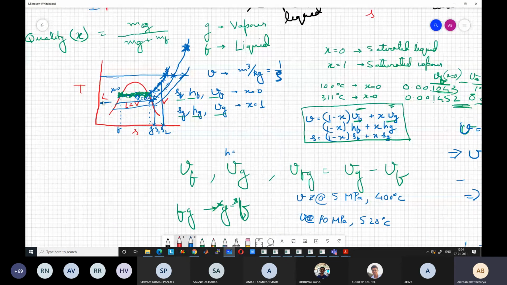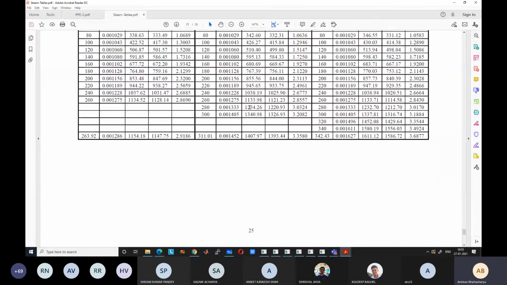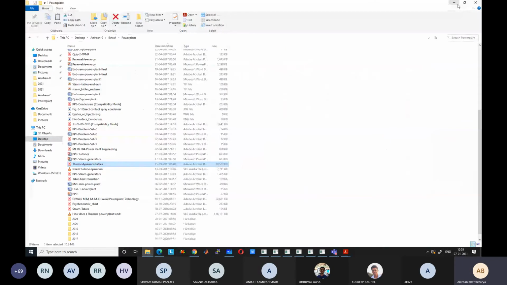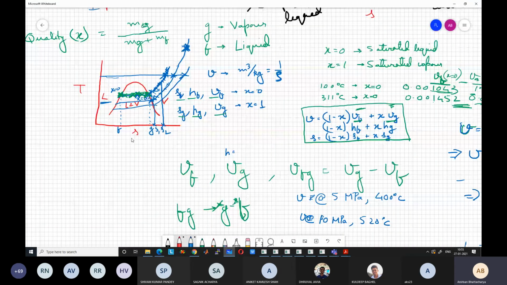What we will be doing instead is that for the subcooled region, temperature is the strong indicator of different properties. So for any point in the subcooled region, if you want to know the enthalpy at this point, at any pressure and temperature, we'll take the corresponding Hf value for that case, because this does not change much. We will take the corresponding Hf value for the same temperature.